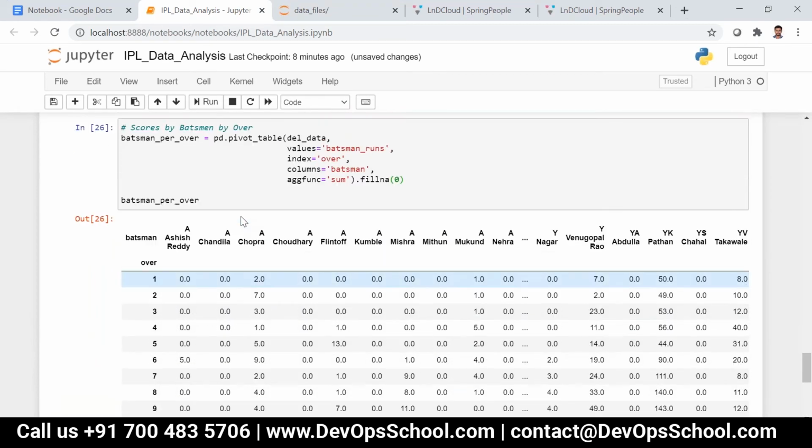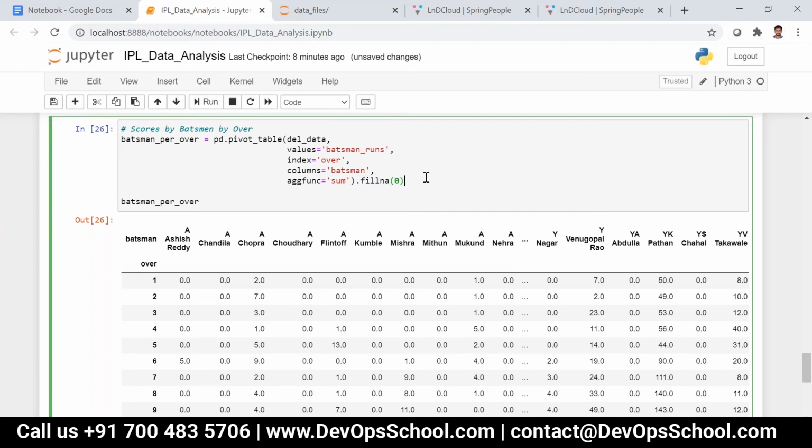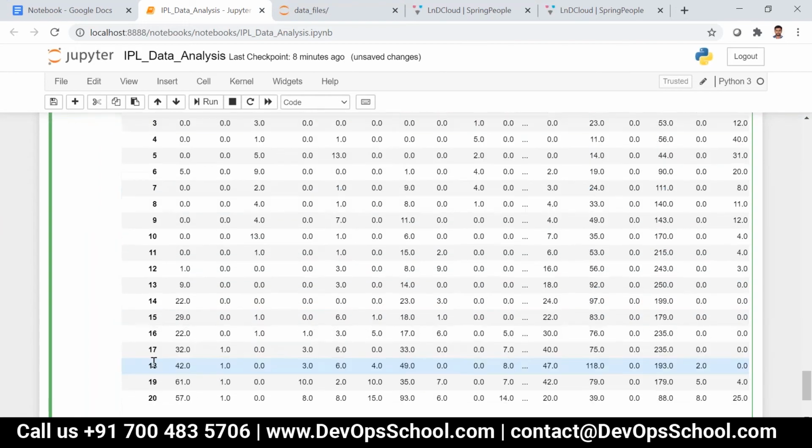This is a data frame only. pd.pivot_table produces a data frame. In this we have all the players' names in the column index and overs in the row index. Now what we are going to do here is